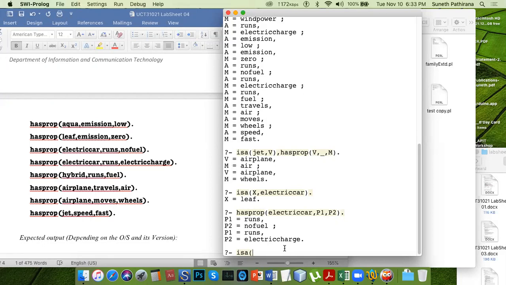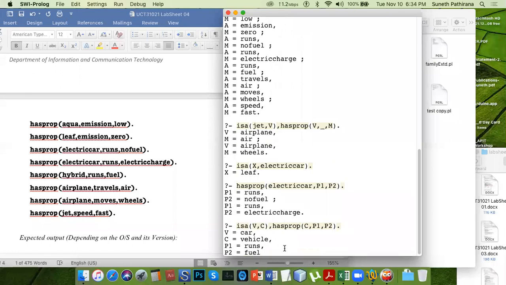If you want to skip this electric car thing, you have to find the vehicle V, and the vehicle category you keep as C. You don't need the category. And has prop, again the vehicle category, subcategory, and the properties P1 and P2.